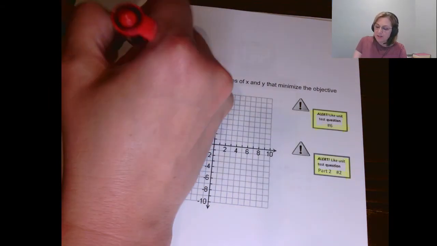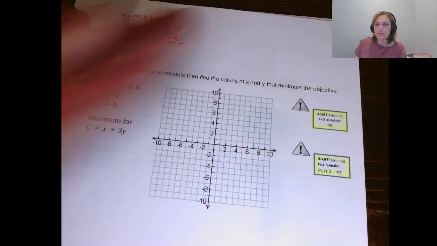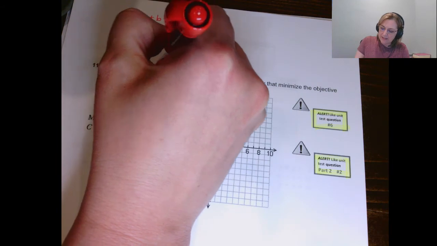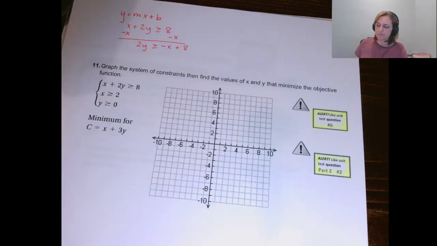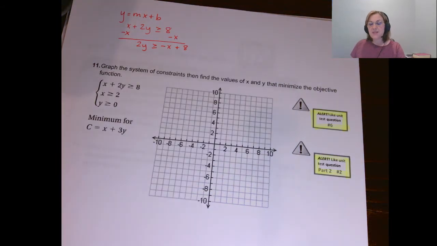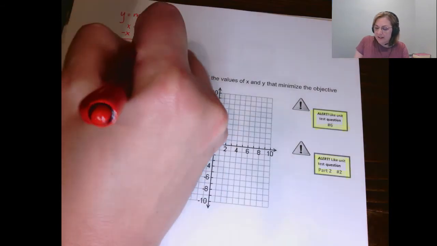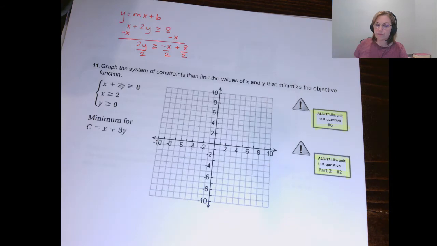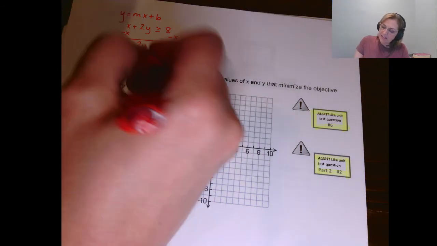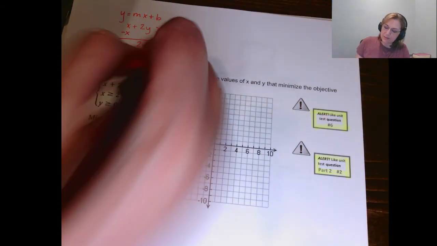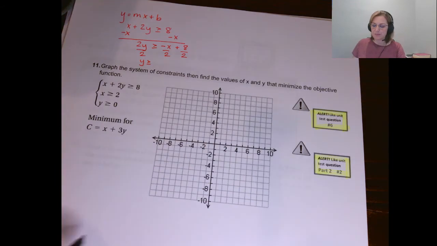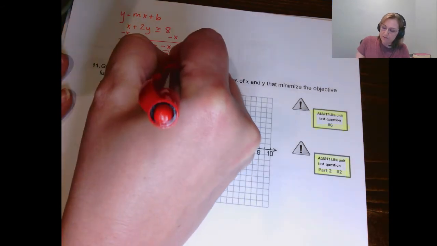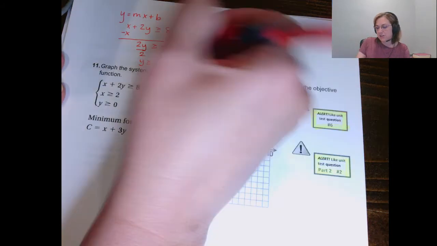That's going to leave me with 2y is greater than or equal to. Now, I like my x's to come first, so I'm going to make this as negative x plus 8. And then to get the y by itself, I'll divide each term by 2. And that leaves me with y is greater than or equal to negative x divided by 2, which would be negative 1/2 x plus, and then 8 divided by 2 would be